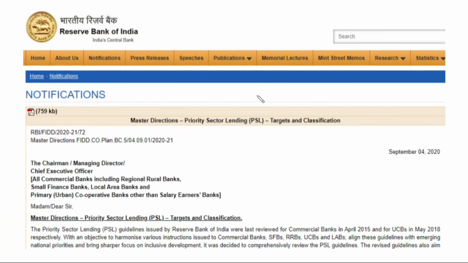Fine. Moving ahead. Okay, so this page is not to teach you anything. This is just to tell you that whatever I'm going to teach in this PSL targets, the changes that have been made to the PSL targets, I've directly taken them from the Reserve Bank of India website, from the notification that they came out with on 4th of September 2020. And it's fine if you can't read this fine print text, because I just wanted to tell you that 4th of September is when these changes were made, and I've directly taken them from the Reserve Bank of India. So you do not need to worry about their authenticity.